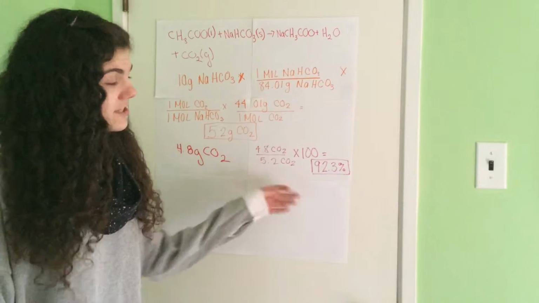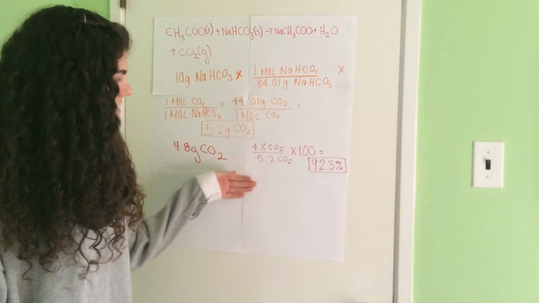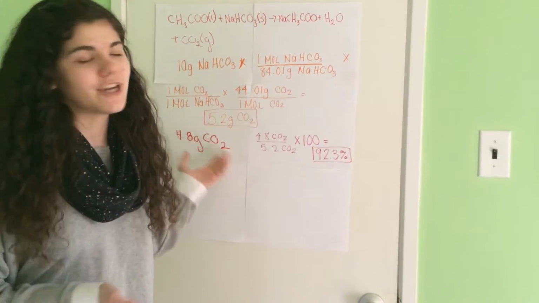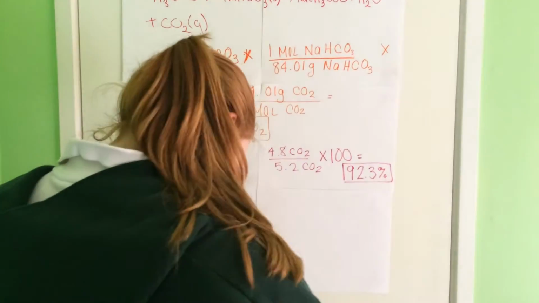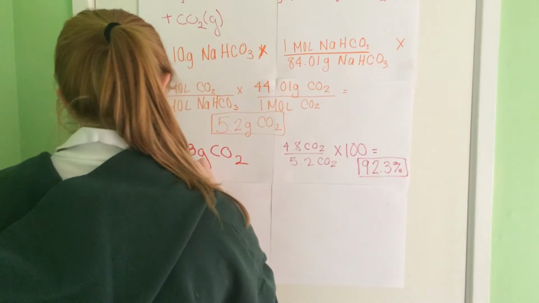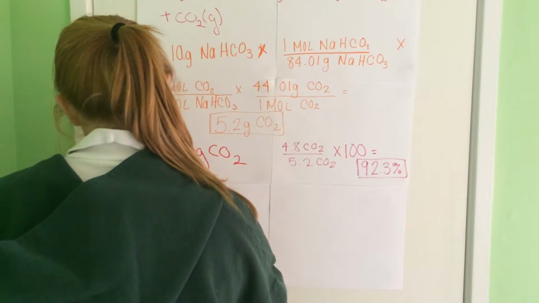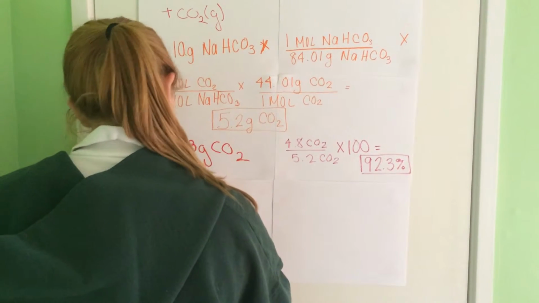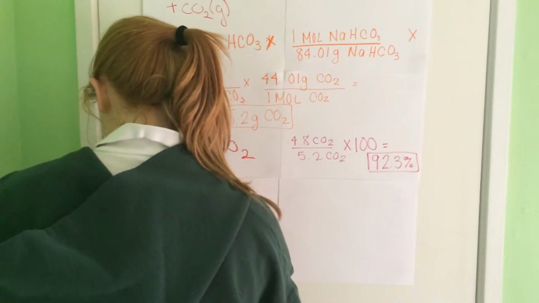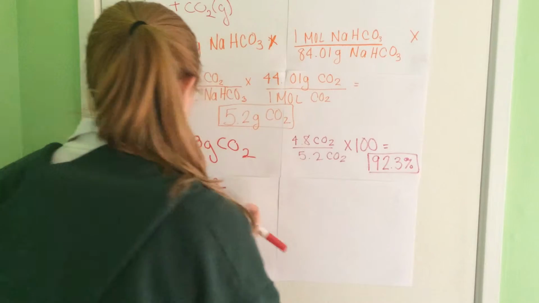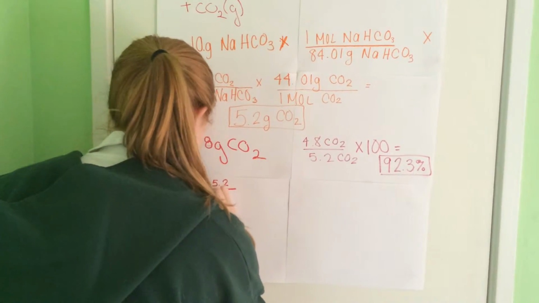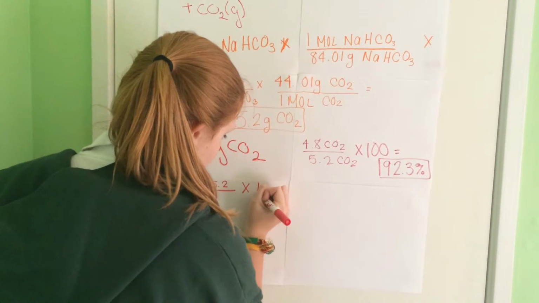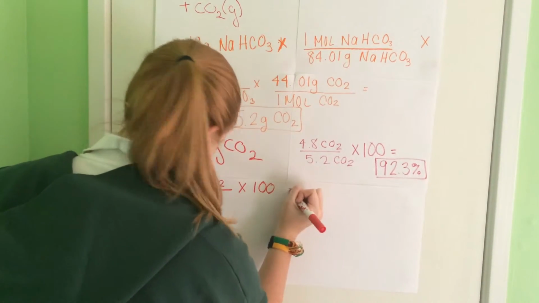So this is our percentage yield, as Ms. Killifer said, and now we're just going to calculate our percentage error. Okay, so what I'm going to do is I'm going to put the actual yield, and I'm going to subtract it by the theoretical yield. Then we're going to put it all over the theoretical yield again. And then once I get that answer, I'm going to times it by 100. And then I'm going to get